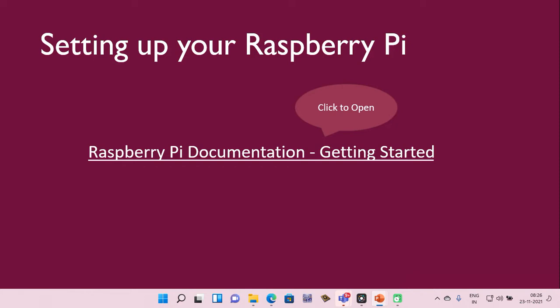So the first thing to do is setting up your Raspberry Pi. If you open up the PowerPoint slide and click this link, Raspberry Pi documentation getting started, it will open up the browser and it will guide you how to set up your Raspberry Pi for the first time use. Okay, so let's click the link.